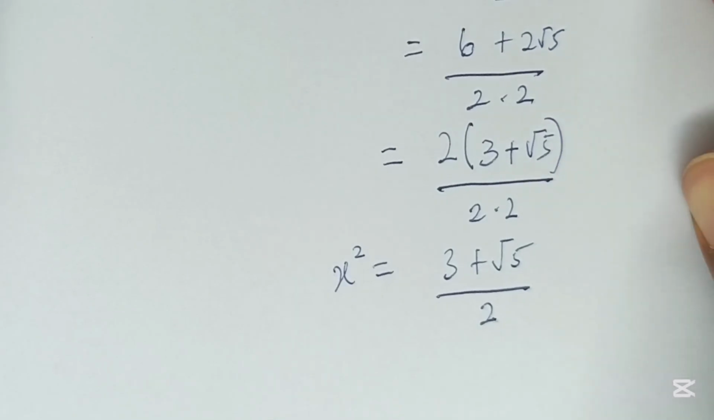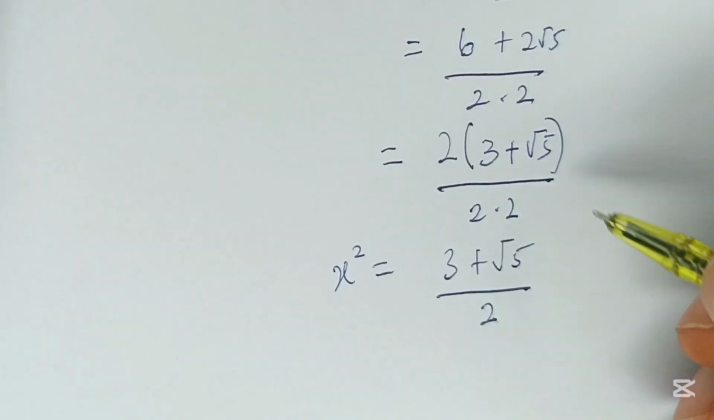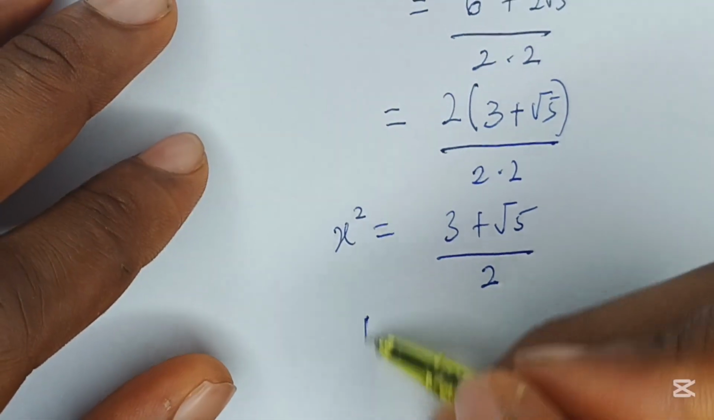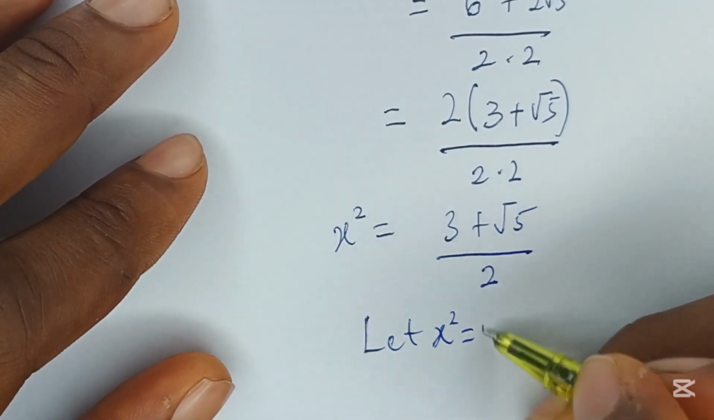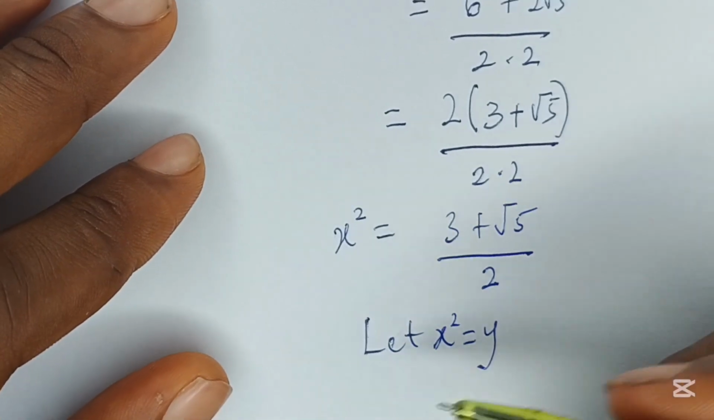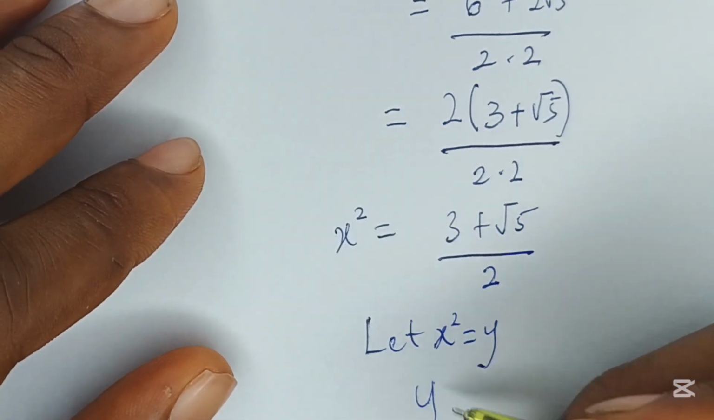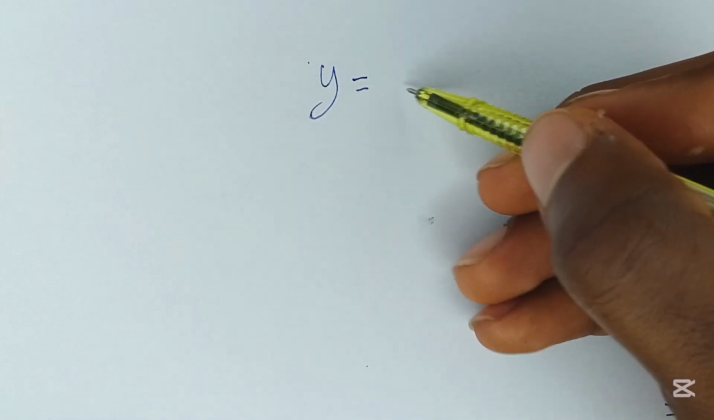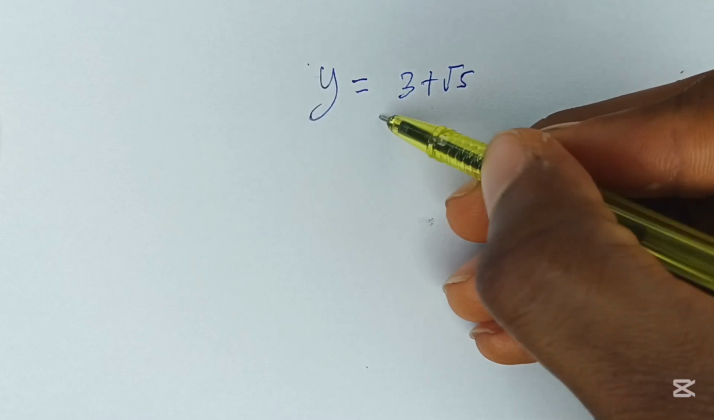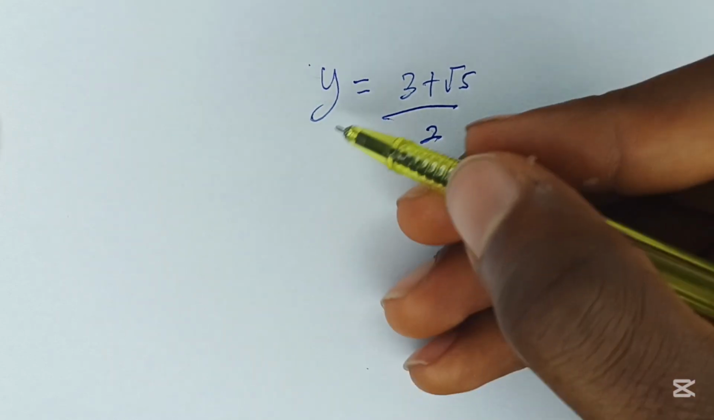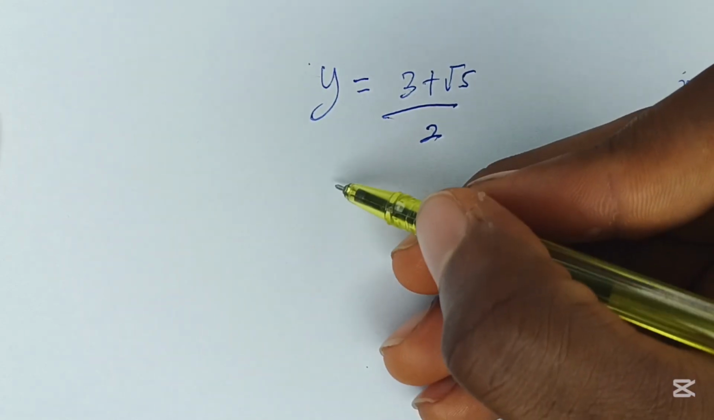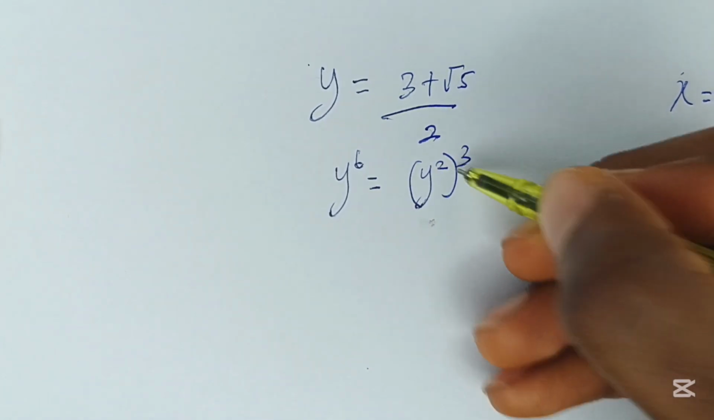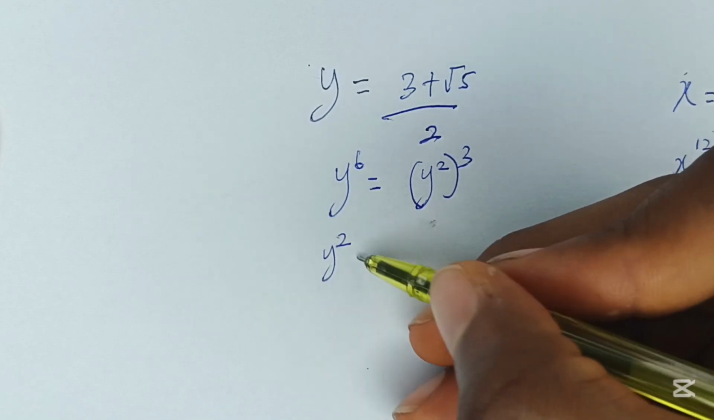Now we are required to find x squared raised to the power of 6. So moving on, let x squared be equal to y, to make our work easier. So we have to find y raised to the power of 6. Since x squared is equal to y, our y is now equal to (3 plus root 5) all over 2. We're required to find y raised to the power of 6. So y raised to the power of 6 can be expressed as y raised to the power of 2, all raised to the power of 3. Hence y raised to the power of 2 is equal to